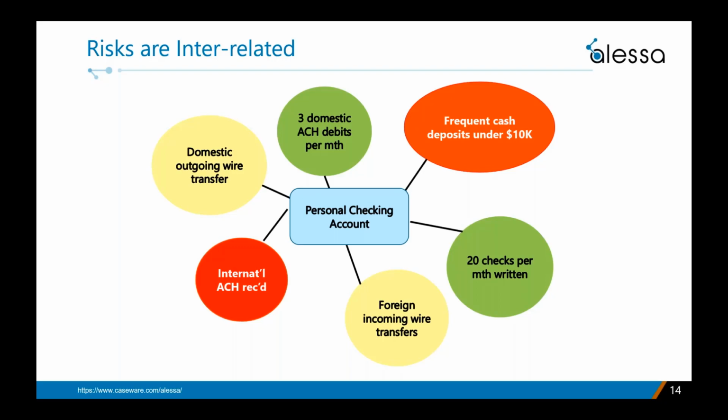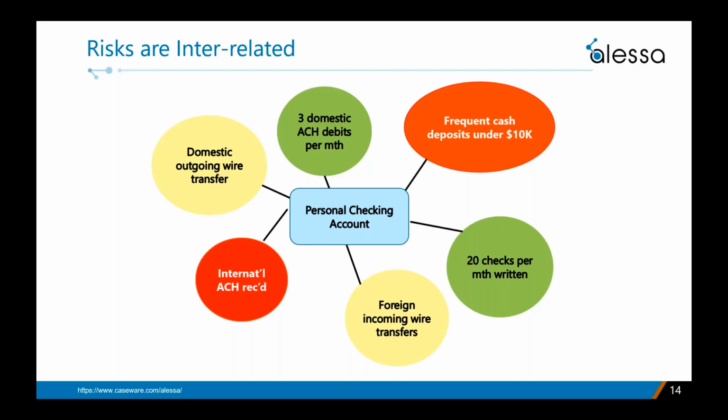But then in 1 month, she receives a couple of incoming foreign wire transfers, and shortly thereafter, she initiates an outgoing wire through the online banking system to a US recipient in another state. And she also receives some foreign incoming funds through an ACH credit. And then over the course of 4 days in 1 week, she makes cash deposits at the teller window of $9,900, $9,800, $9,900, and $9,400 respectively.